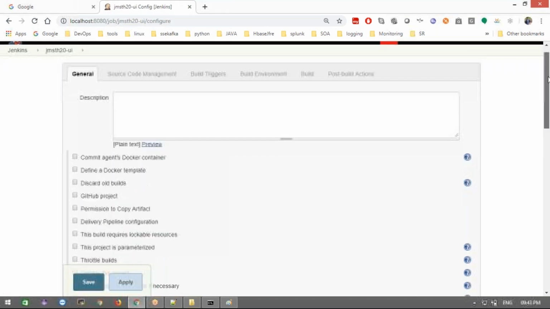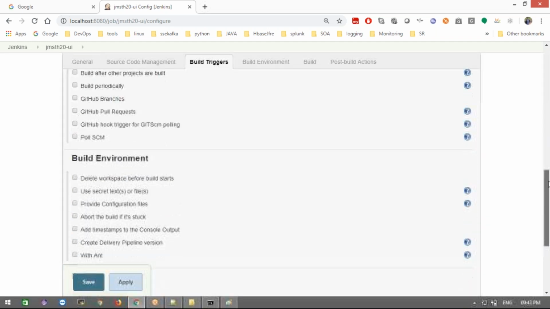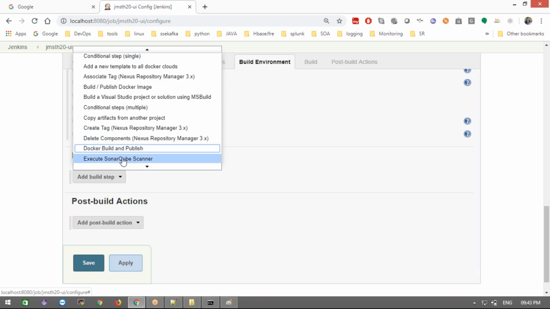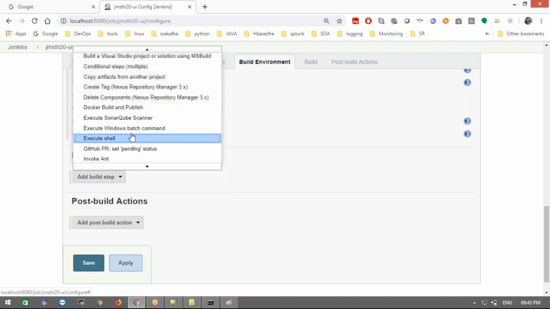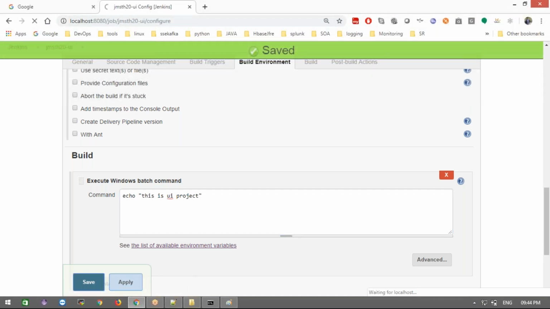Okay, now what will I do? I will take only one statement to print for example purposes. I'm using the execute Windows batch command inside it. I'm printing some message, that's it. Don't think at the coding level. Whatever you want, you can configure. This is the UI project I'm giving. We are seeing the concept here, not the coding level. This is one project.